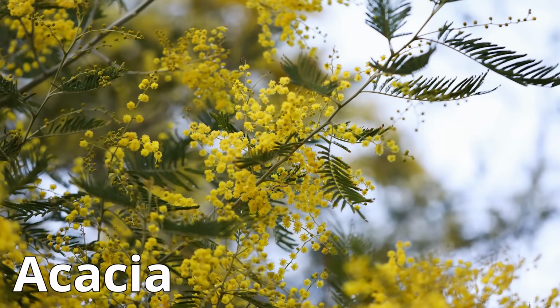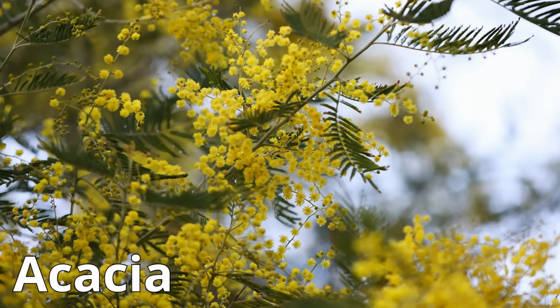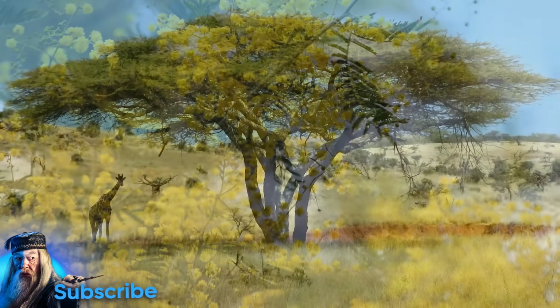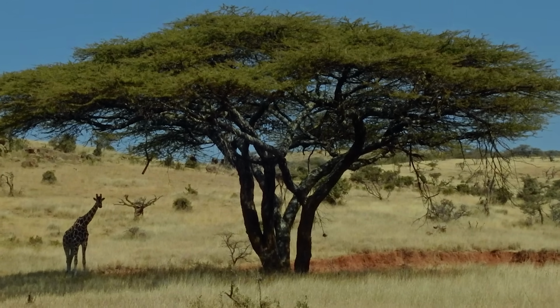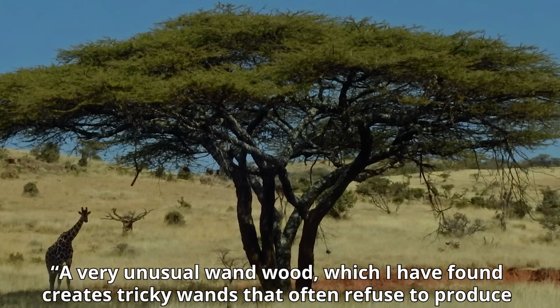Acacia. Acacia is a large genus of shrubs and trees that belongs to the subfamily Mimosoideae of the family Fabaceae, first described in Africa. Apparently, this type of wandwood is particularly hard to match with a witch or wizard. Ollivander had this to say: "A very unusual wandwood, which I have found creates tricky wands that often refuse to